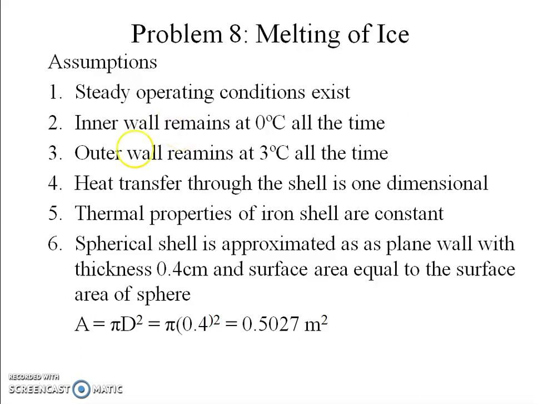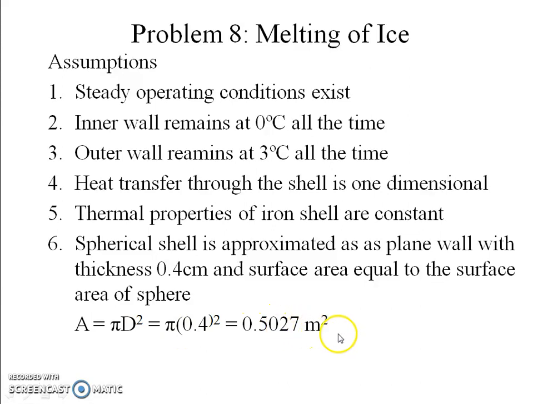shell are constant. One main assumption which we are making in order to tackle this problem is that we are assuming that a spherical shell is approximated as a plane wall with a thickness of 0.4 centimeter. And when we are making this approximation, we are assuming that this plane wall has the same surface area as that of the spherical shell. So what is the area of the spherical shell? The curved surface area of the spherical shell is calculated over here. So the area is equal to